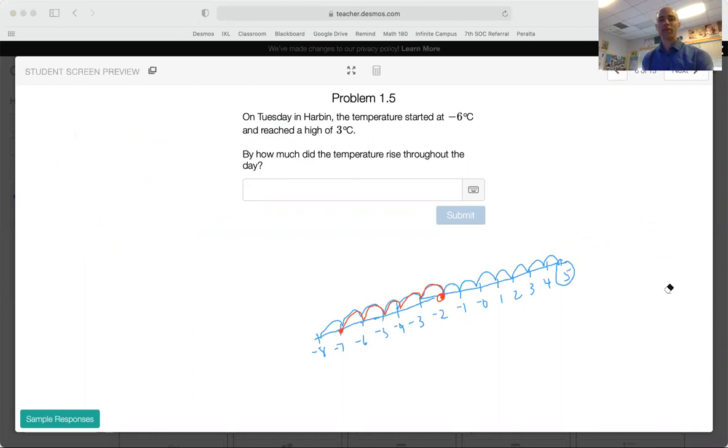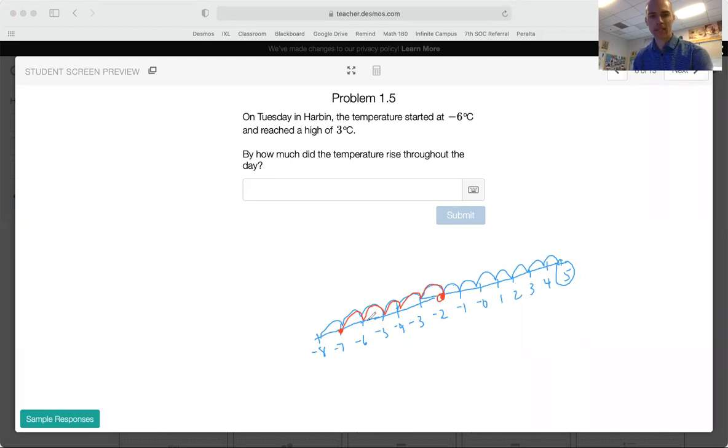Okay, it says on Tuesday in Harbin, the temperature started at -6 degrees, but then reached a high of 3 positive degrees Celsius. So it's like getting warmer throughout the day. How much did the temperature rise throughout the day? Okay, let me get a new color. I'm going to go with some green. And I'm going to start my counting